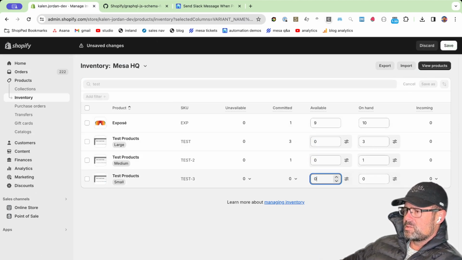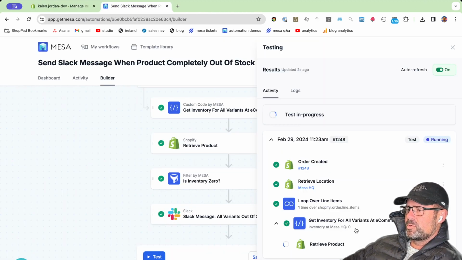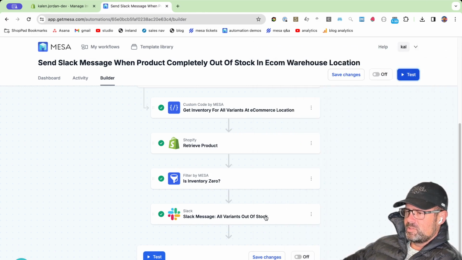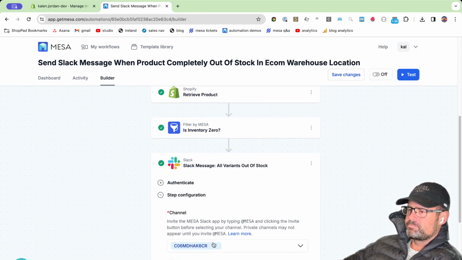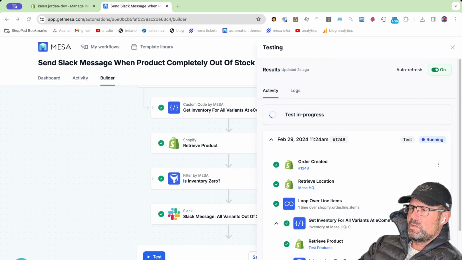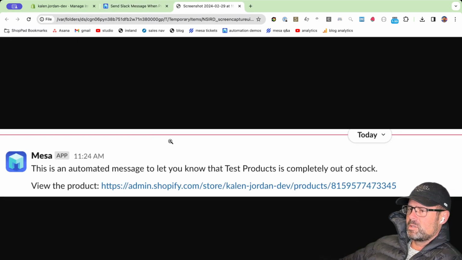And let's zero these guys out, and let's run it again. All right, inventory this time around is 0. Conditions passed. Oops, didn't set my Slack channel. Let's fix that. Run it again. Let's run it back, and let's pull it up. There we go. You can't see this on my screen because I'm only sharing the one window, but that's the